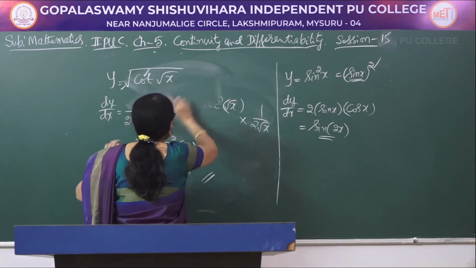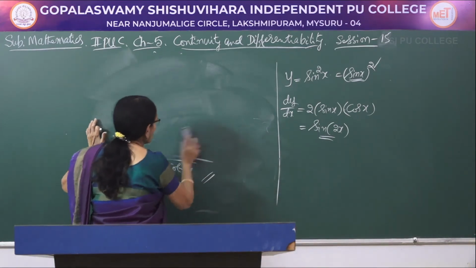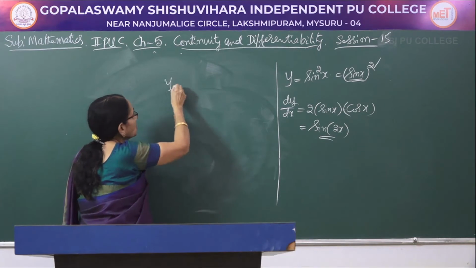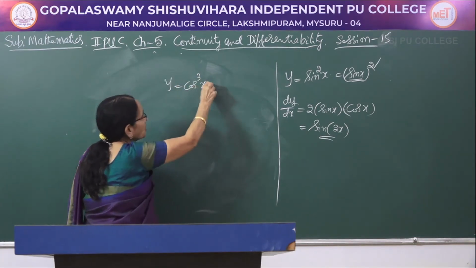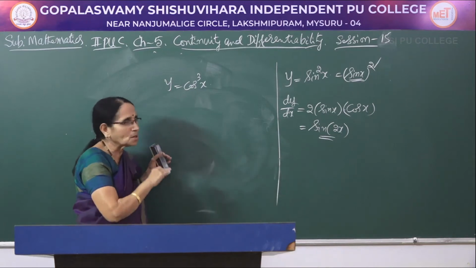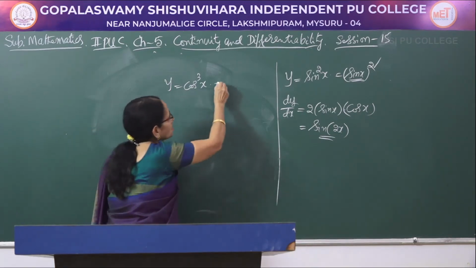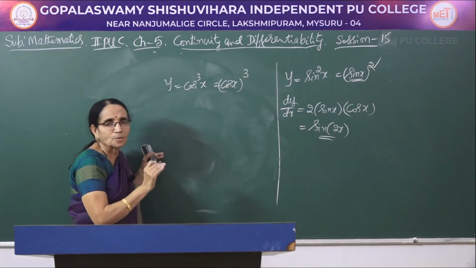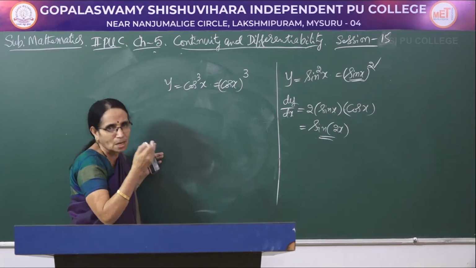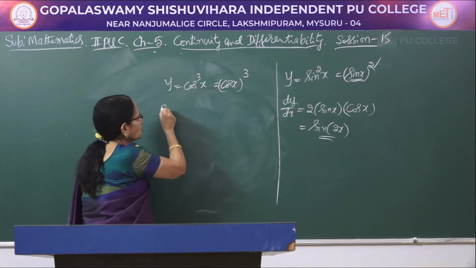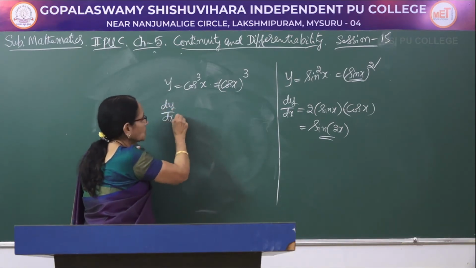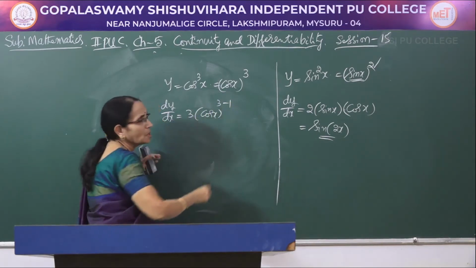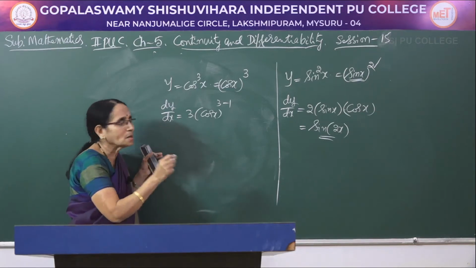Another problem where again I am considering the power of the number. Any function, need not be always a trigonometric function. Say y is equal to cos cube x here. Same type of function. The function is different, the power is different. How do you write this one? It is cos x whole to the power 3. So, x to the power n, something taken to the power n, or something taken to the power 3. Therefore, dy by dx would be equal to 3 into cos x to the power 3 minus 1, n into x to the power n minus 1.